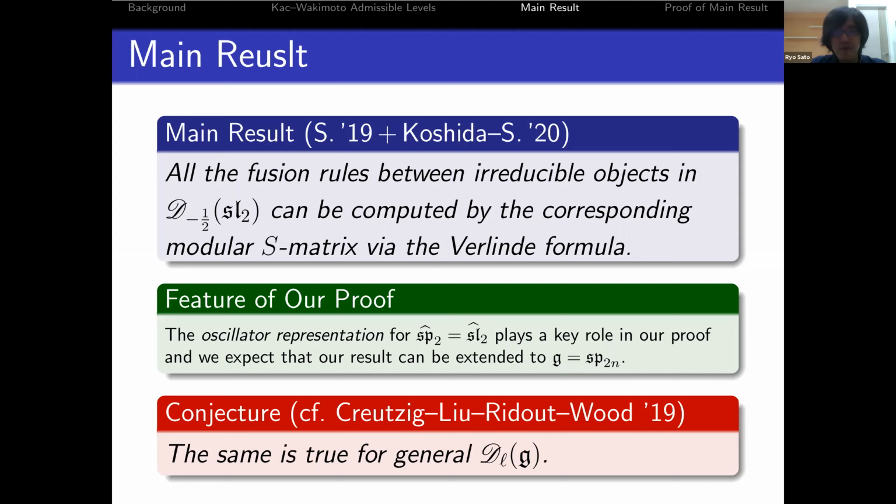After this, I'd like to explain how to prove this result and how to compute the fusion rules. Also, we'd like to mention the more general conjecture: the same formula is also true for general admissible level L and general simple Lie algebra G. And if G is equal to SL2, the paper by Creutzig, Liu, Ridout and Wood computes the same